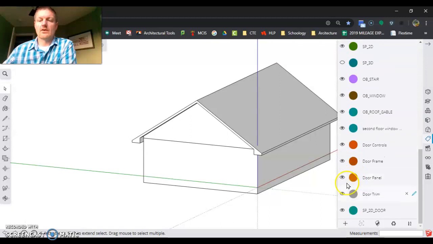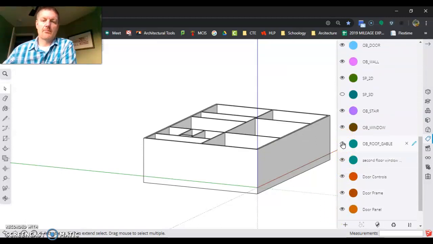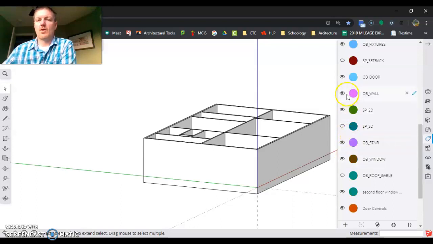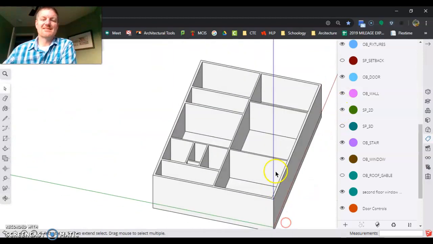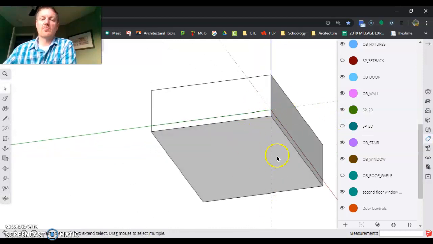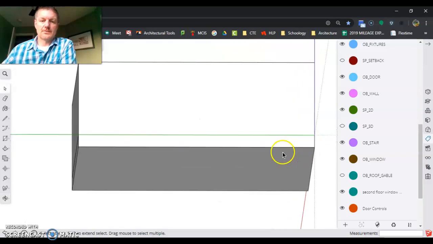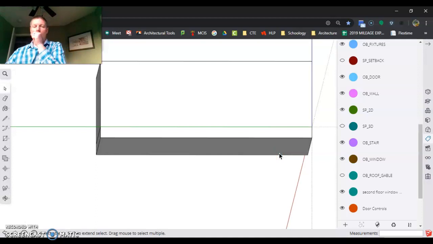So I can start looking here, just make sure object roof gable, yep. Object wall, yep. And we can take care of that. So we know this is done. The last thing I have to do for the structure of this building is our foundation. So I'm going to come over here. Foundation walls, excuse me,